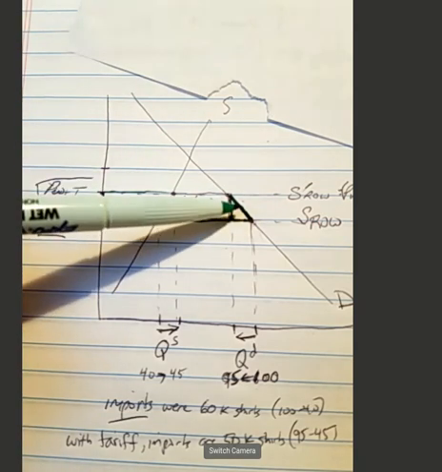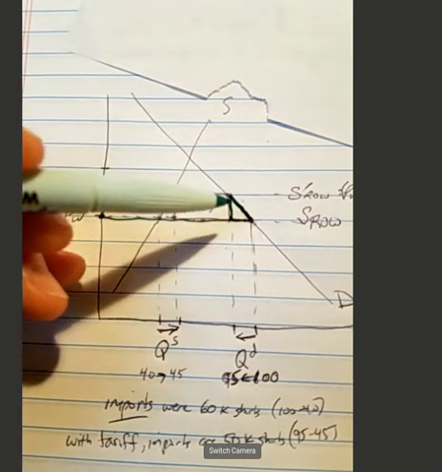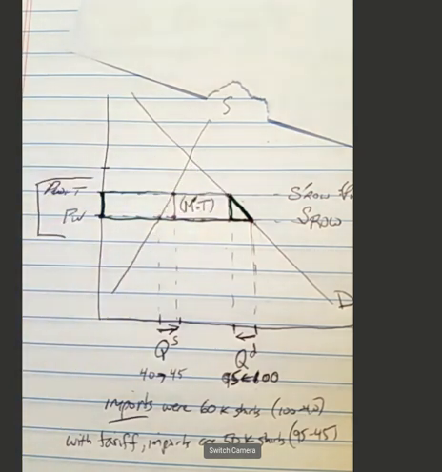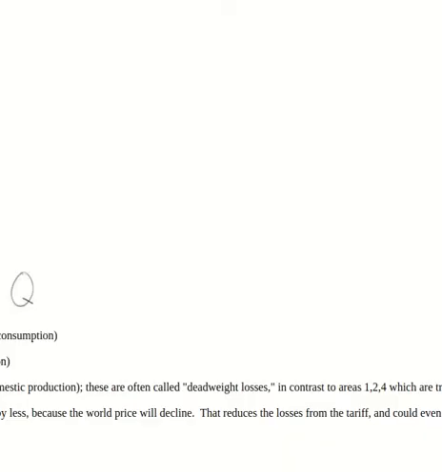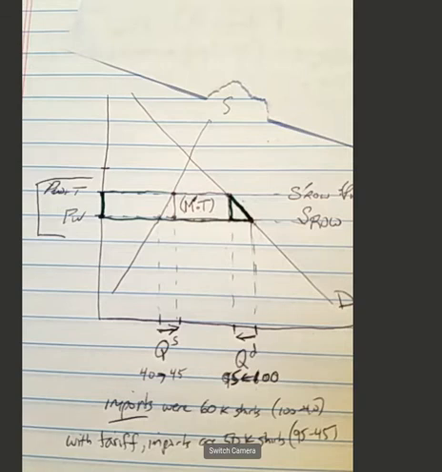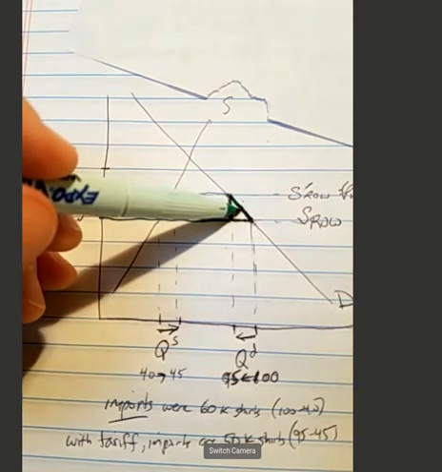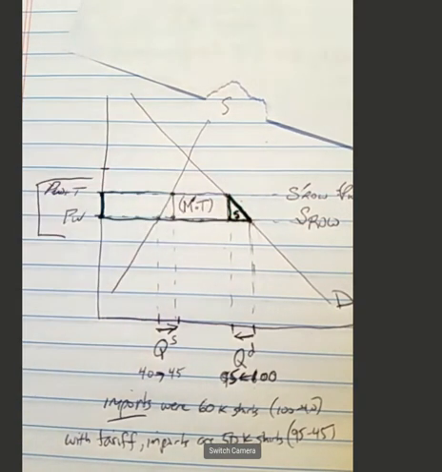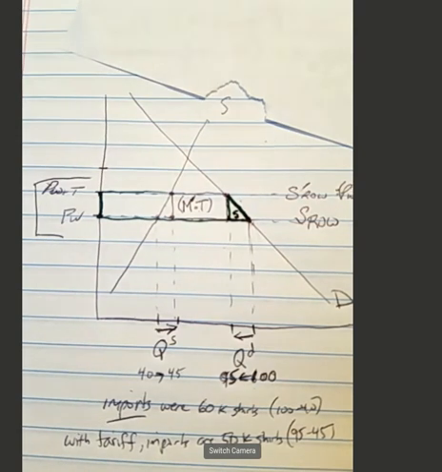This little triangle, we're going to call it area 5. Let me have a quick check and make sure it's area 5. Yeah, it's area 5. You'll see in the notes that's described, and it is the loss of consumer surplus, consumer welfare, from the reduction